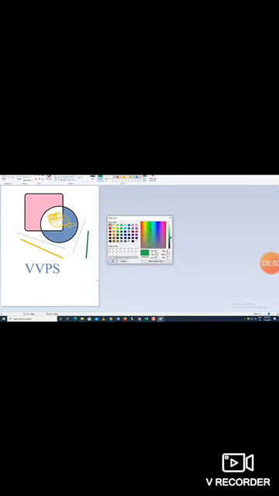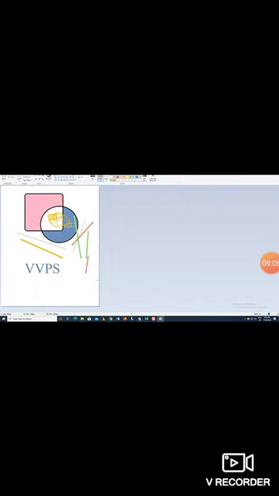Next one, edit color. If you can't select the correct color, you can choose edit color, easily make the lines and fill using the paint bucket also. This is the use of edit color. Here more colors are available, whichever color you want you can easily take. This is the use of edit colors. Are you clear that?